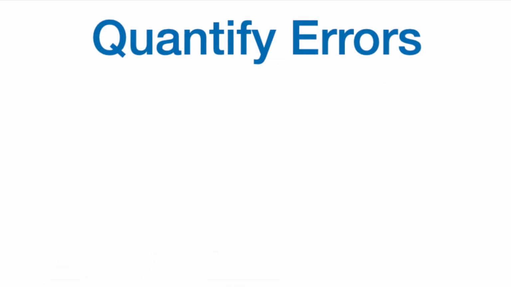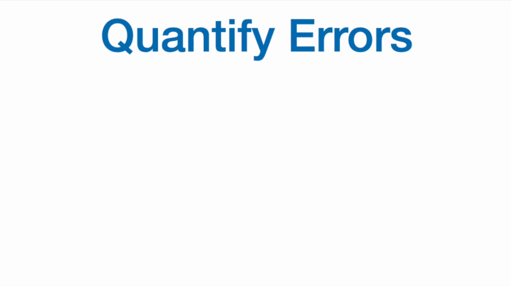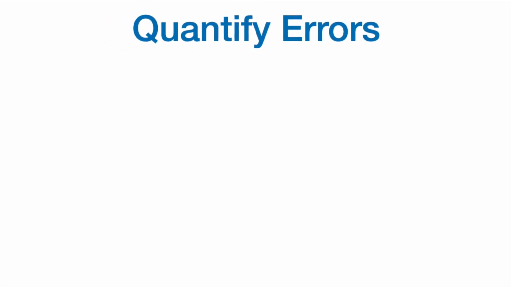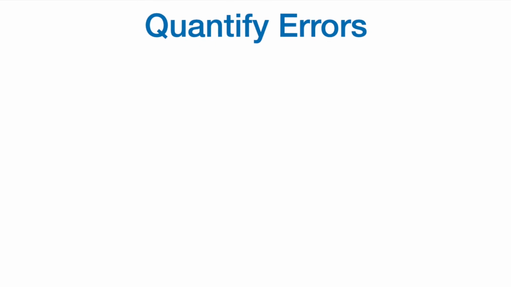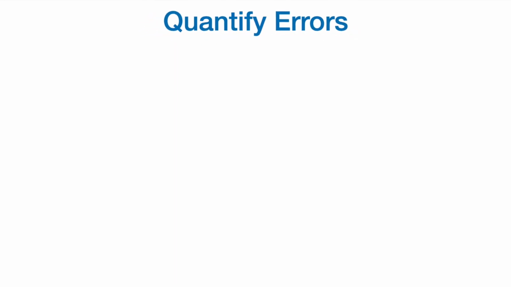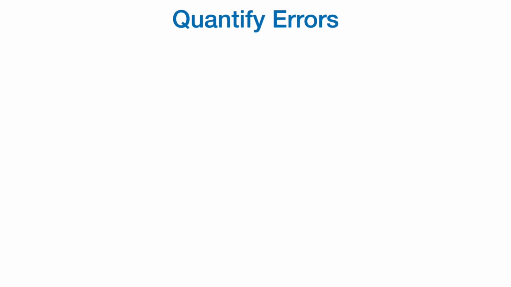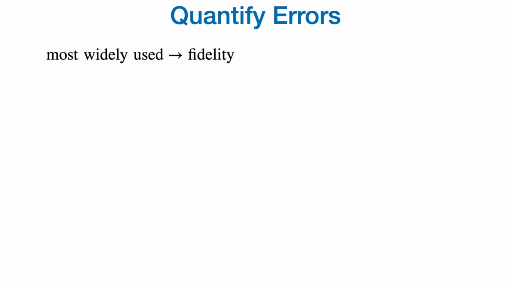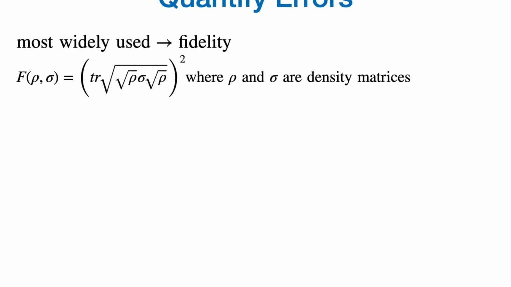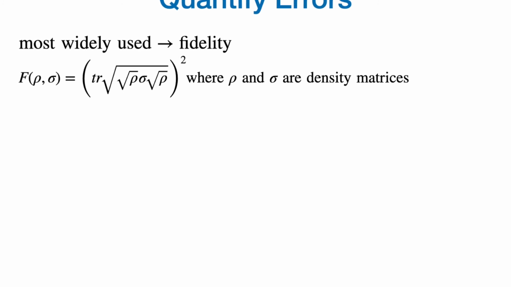Before we go ahead, let's take a closer look at some issues here. Quantum computers are subject to errors. We need a way to keep track of how close this actual physical quantum computer is to the ideal theoretical one. The most widely used metric is fidelity. It is defined as this. You may have noticed that